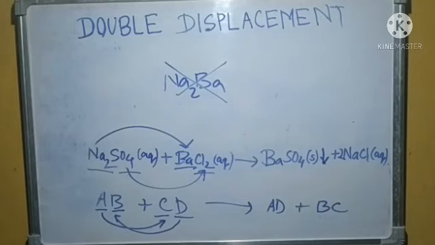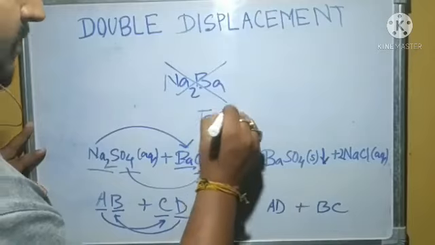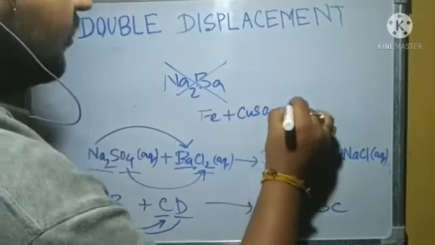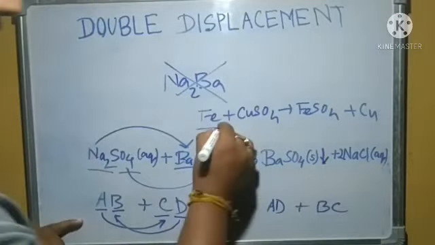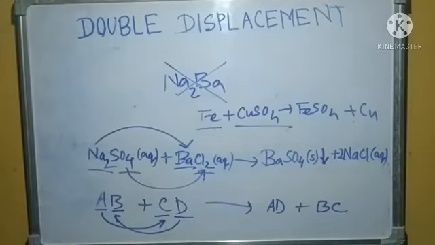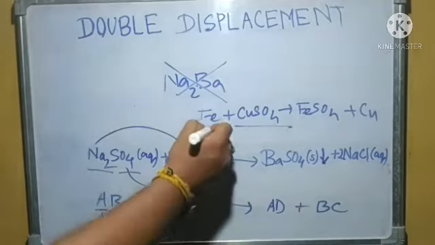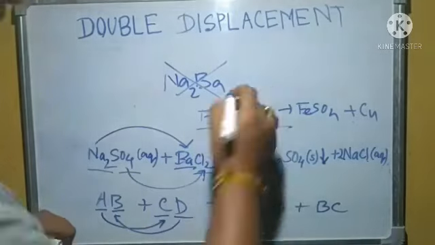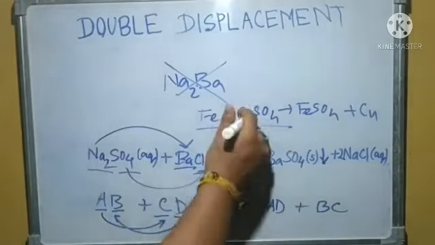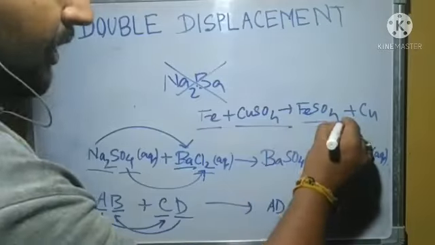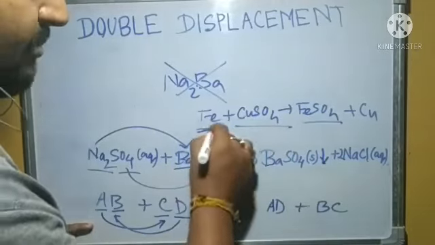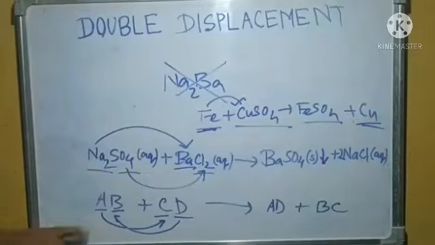So you can identify from there. In the earlier reaction, what we see is that iron is displacing copper from copper sulfate to give ferrous sulfate and copper. That means one metal is added to an already existing solution of a salt of another metal. Copper sulfate is a salt of copper, and we are adding iron, which is a different metal, to the solution of this salt, and we are getting a different product. And what happens? The more reactive metal displaces the less reactive metal.